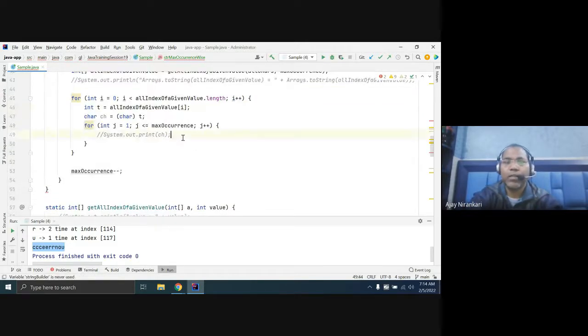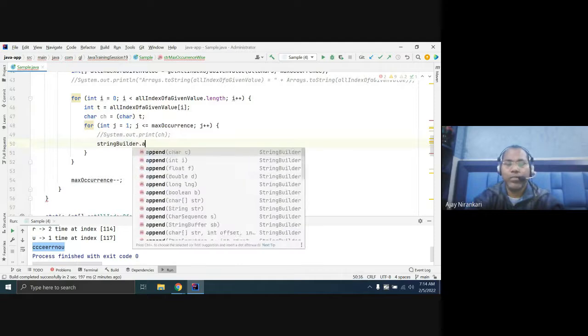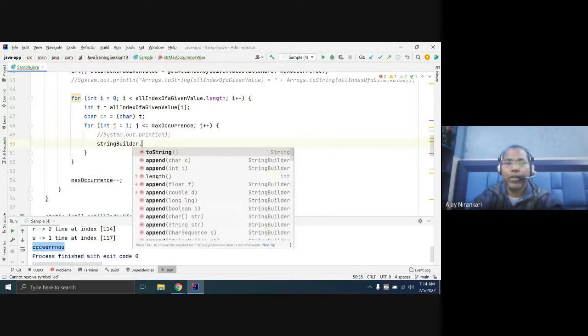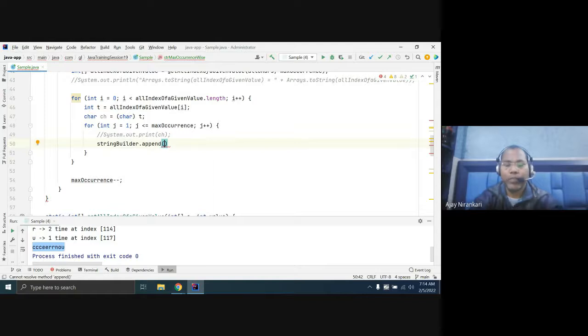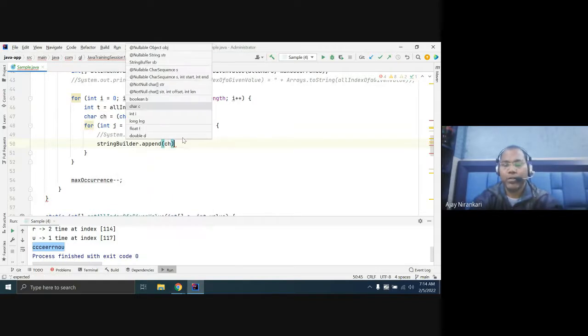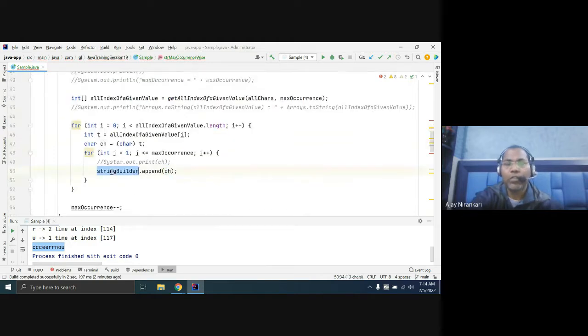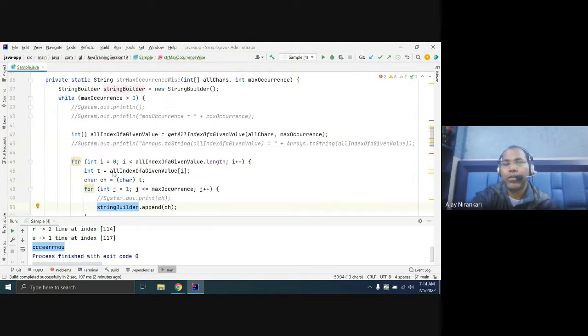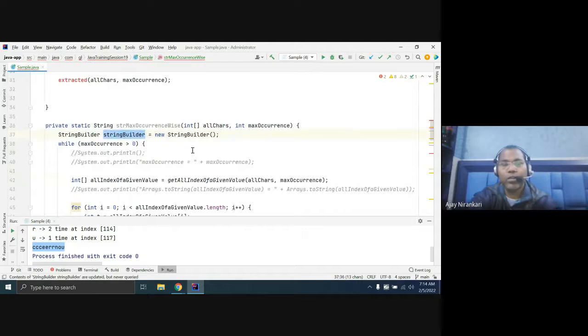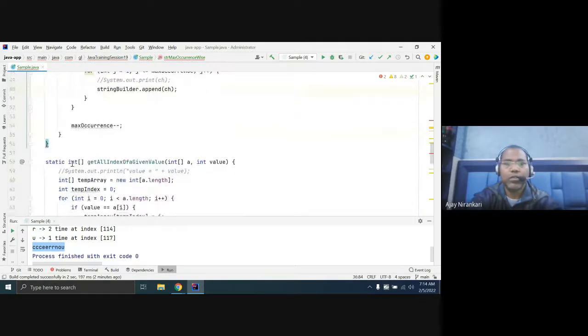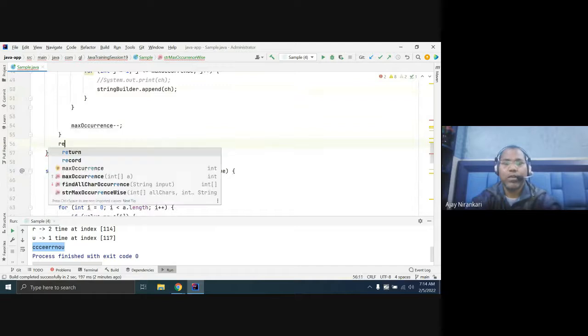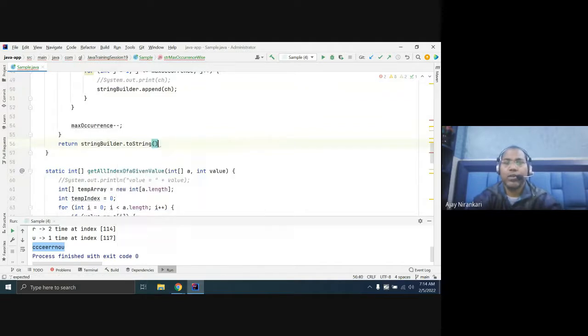Instead of printing, use the string builder dot append, pass your ch character, and now you hold all the values in the string builder. Then you return it.